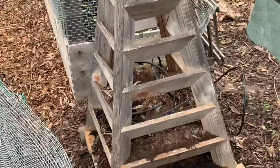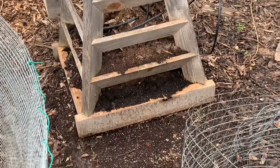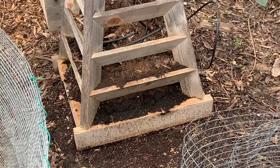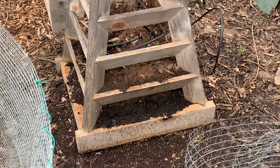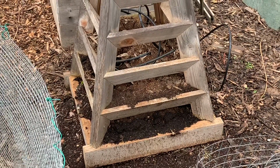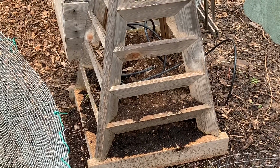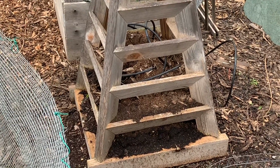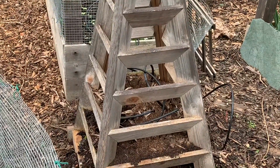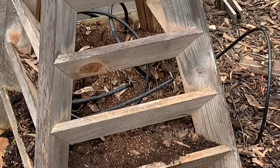I have this little pyramid that I'm going to fill up. I was thinking about how I am going to plant it once I fill it up. I have the water hose in it already. I was thinking about strawberries because I tried strawberries a couple of years ago, but I really didn't like wasting a whole bed, and they weren't prolific, but it does take a couple of years to establish, so I'll try that. It was filled up with soil last year, but the water had washed the soil out of it,